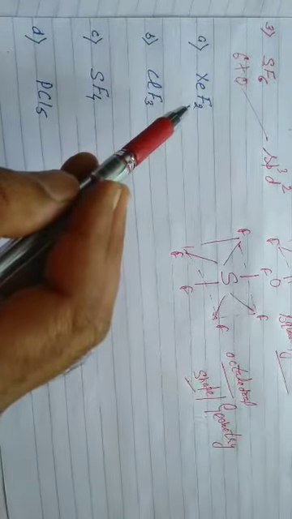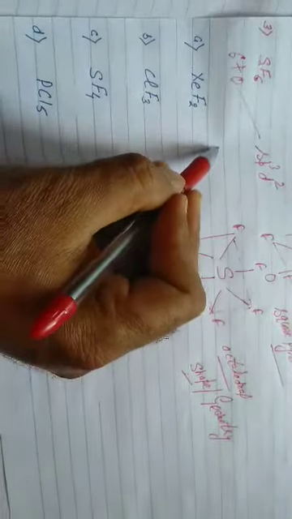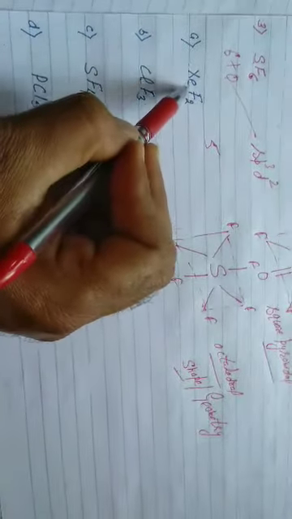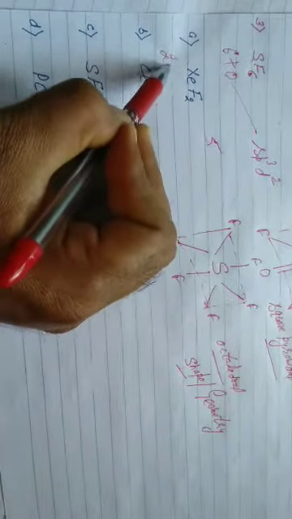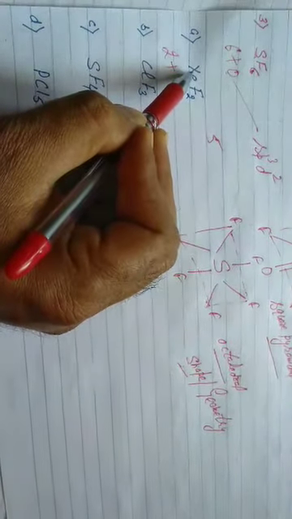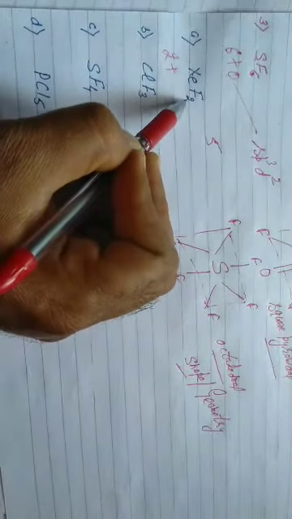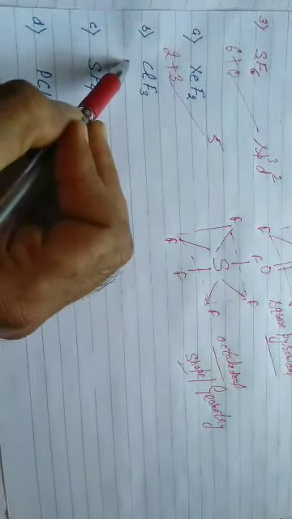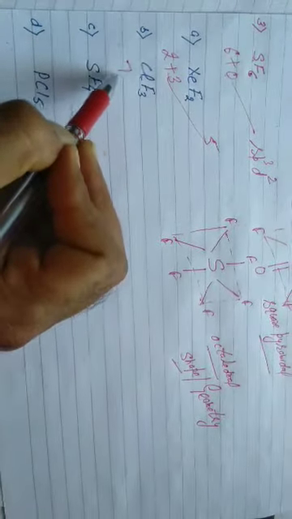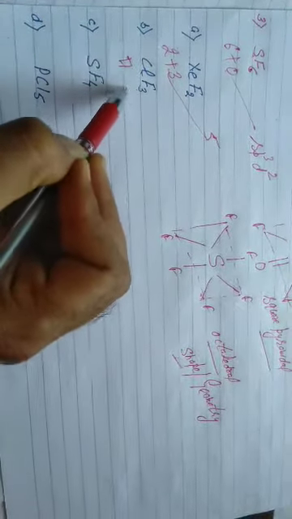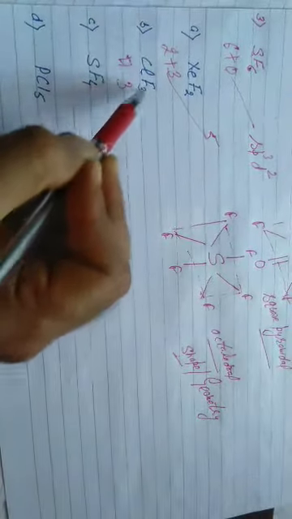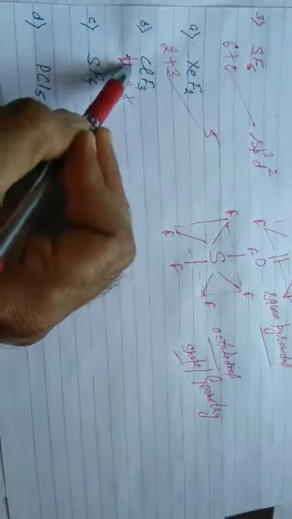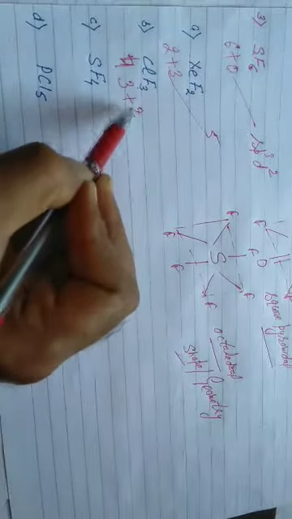According to N plus L rule, what did we get in each case? We got 5, students. N plus L rule: number of atoms around the central atom plus lone pair. It is group 18 noble gas. 8 electrons, 2 are shared, 6 are left, means 3 lone pair, 5. Group 17 element, 7 valence electrons. We apply N plus L rule. Number of atoms 3. It has 7 valence electrons, 3 are shared. How much left? 7 minus 3, 4. 4 means 2 lone pair, again 5.